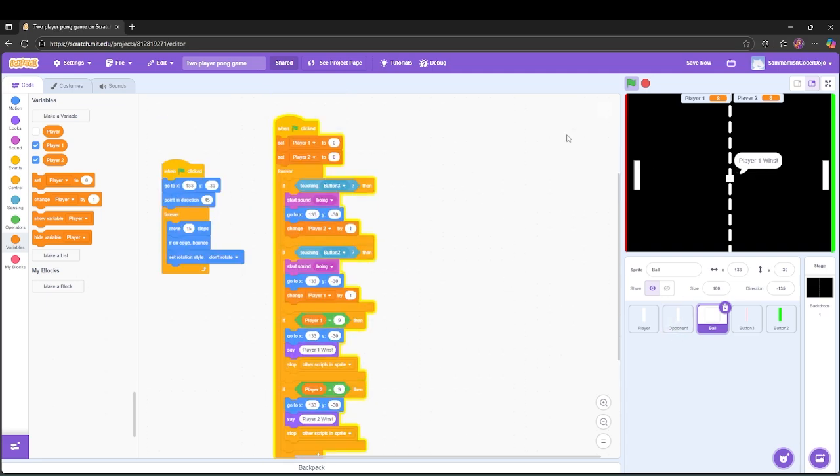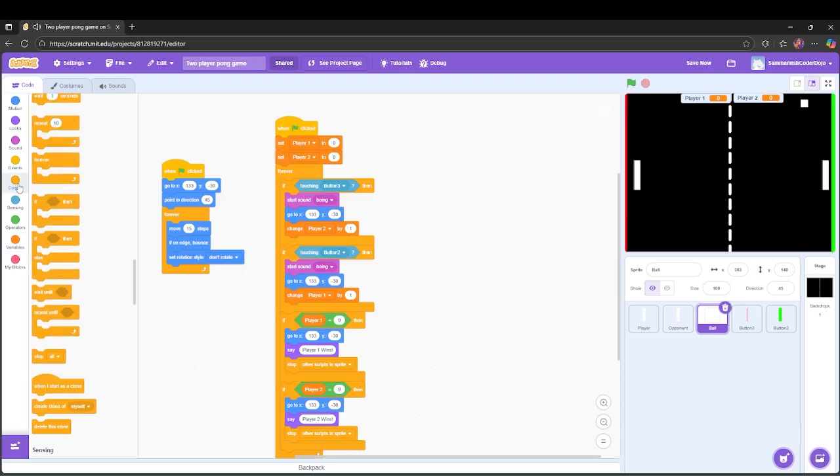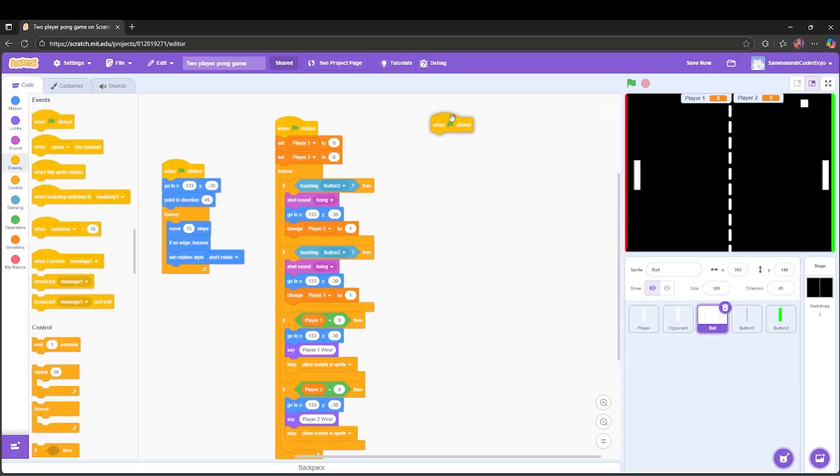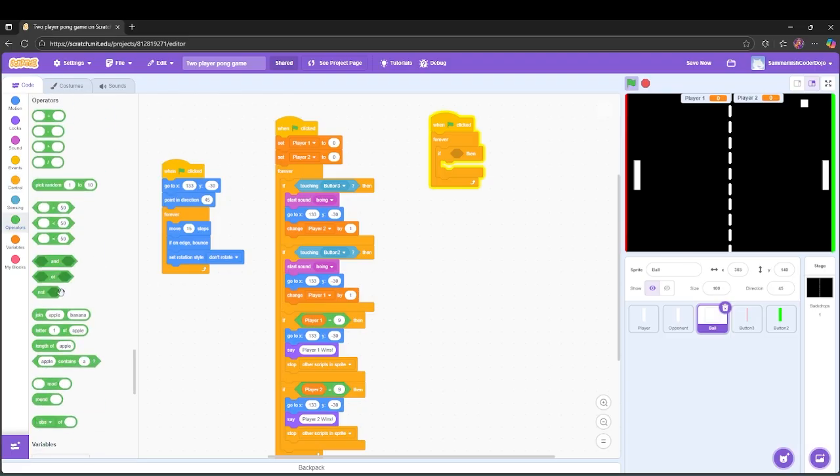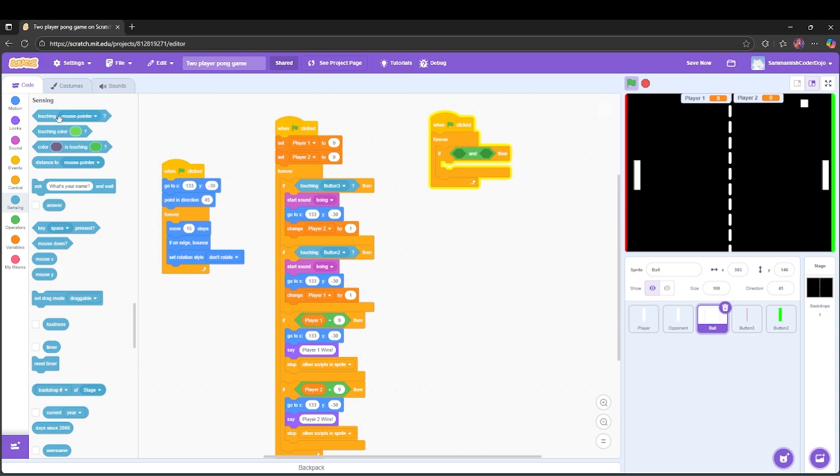Okay, now as you can see here, the ball would just go through the paddle, so we need to add collision. So one more when green flag clicked. We're going to take this forever block once again, and once again another if, and say if we're going to want this and block, and we're going to go to sensing. We're going to say touching player,